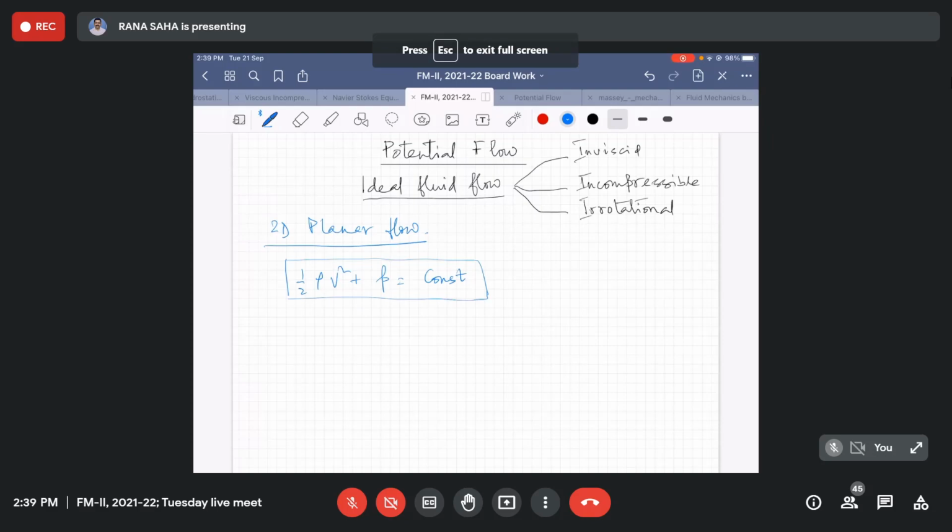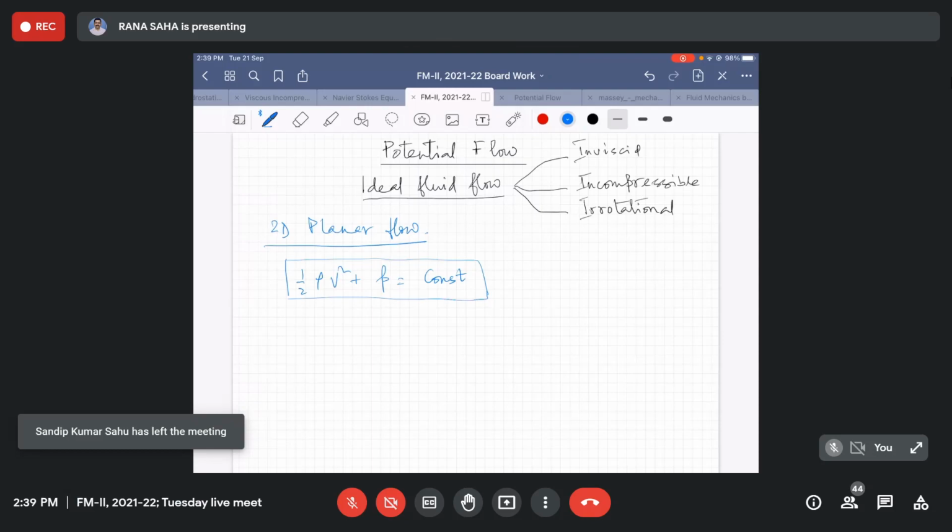And from the inviscid condition, we can drop the viscous term in our Navier-Stokes equation. So the left-hand side, that is the inertia term and the pressure gradient term, those will be left. And if you then integrate that particular equation, we get this form. It is actually, if P is the static pressure, it can be also